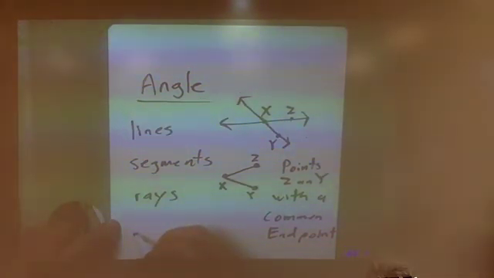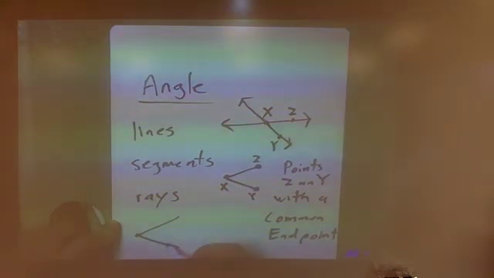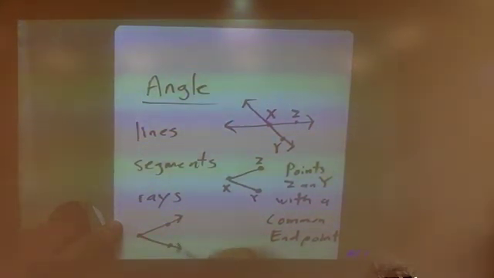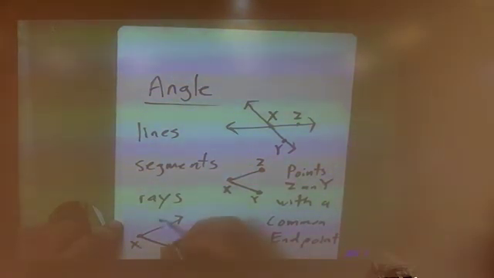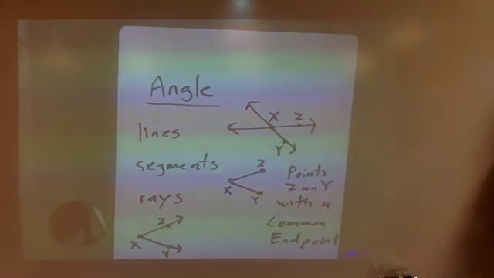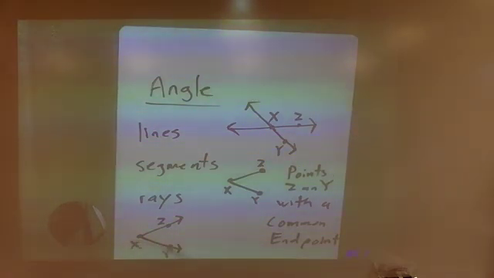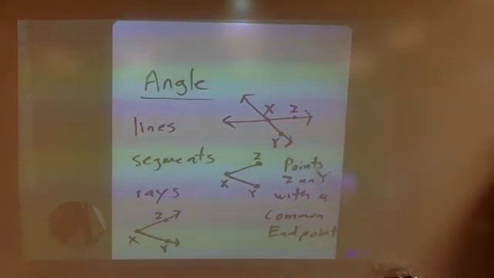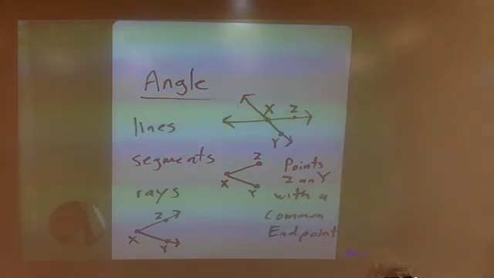You can make an angle with 2 rays, and it's going to look similar to segments X, Y, Z, but now the segments don't stop at Z and Y. They continue beyond them in that direction forever. So now they're rays. So your definition would be similar to this, points Z and Y with a common endpoint, but it's going to have a little bit more to that. They're going to say something like rays that extend through Z, a ray that extends through Y, or